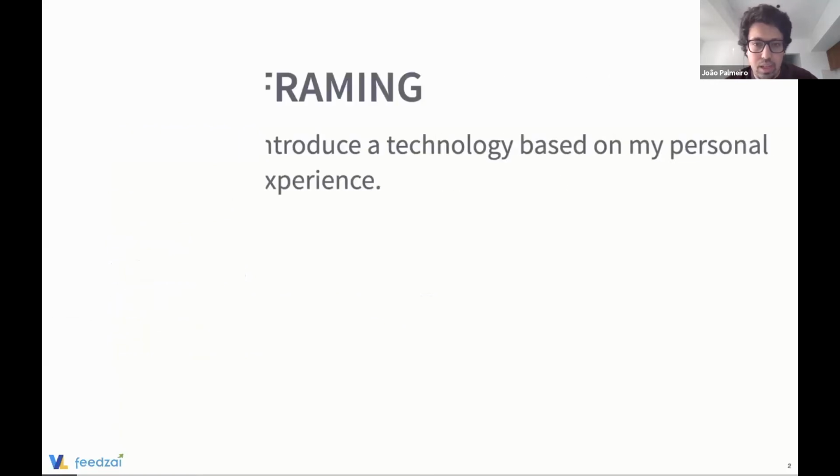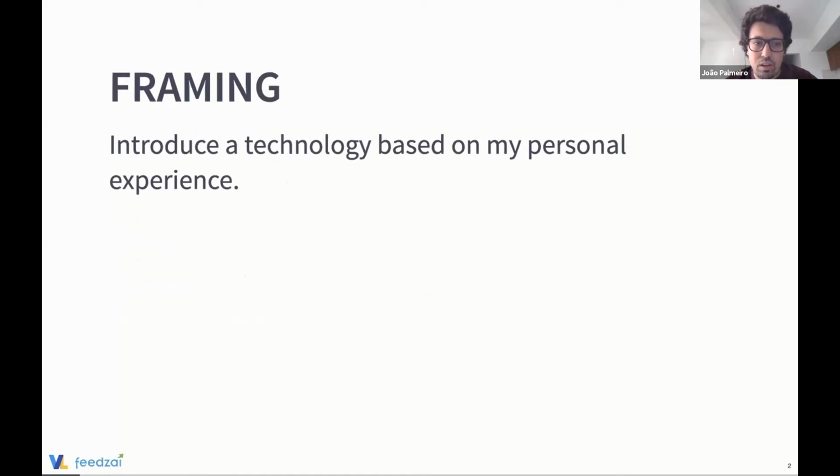So first of all, I will try to introduce Vega and the specific ecosystem for data visualization, and I will solely base it on my personal experience. So this is not a tutorial or a talk where I will try to cover all the pros, the cons, how to use it in different contexts with different frameworks and whatsoever.